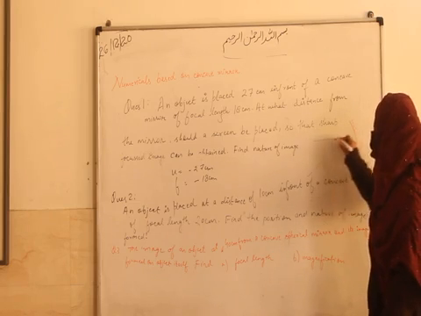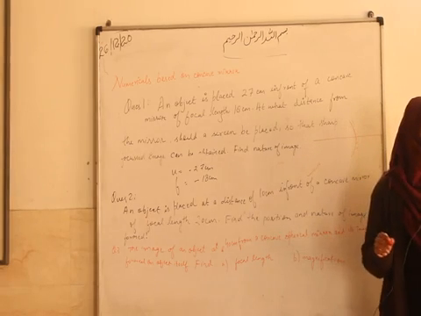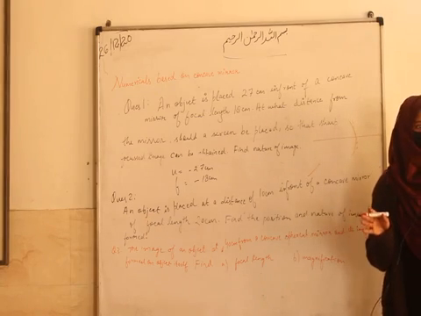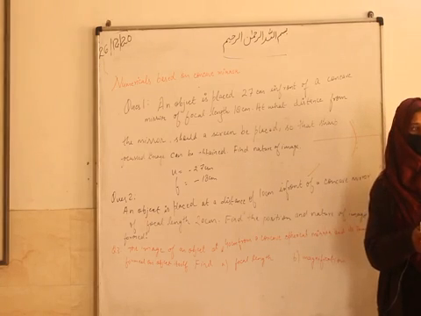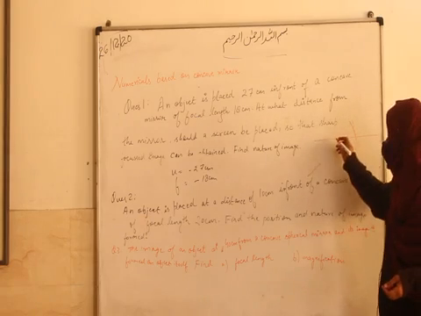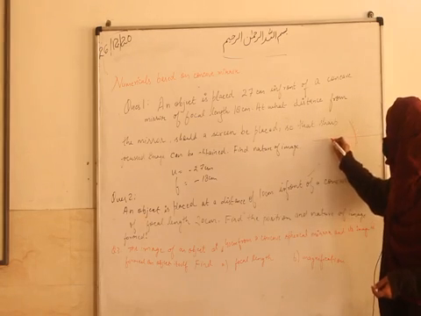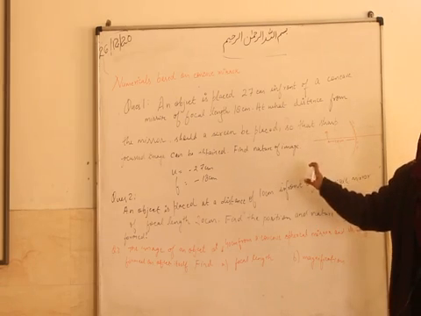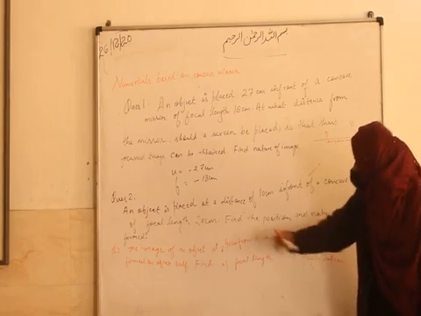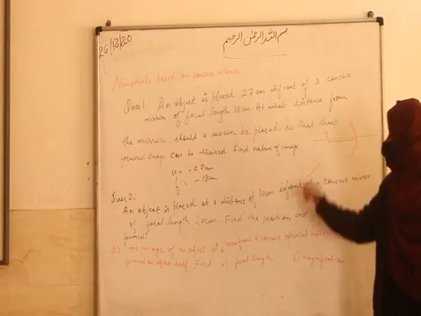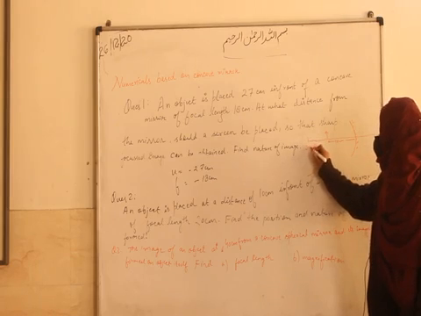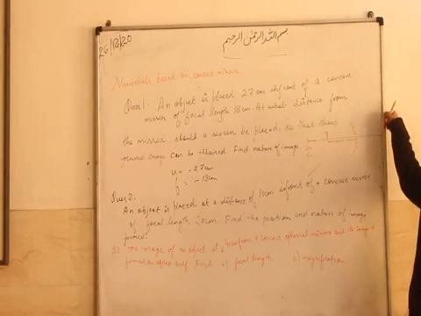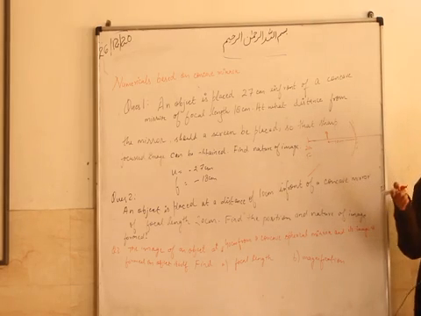Yes, I was saying about this also, that if you know the position of the image and the position of the object, you can easily find out whether your sign will be negative or positive. Like if you have a confusion whether the sign will become positive or negative, look at the distances. Suppose your object is at 10 centimeter. We don't know where it is kept, beyond C, beyond M, whatever. Now focal length is 20 centimeter. So obviously focal length is here, 20 centimeter. So this is the gap between focal length and pole. That's why the image will form behind the mirror, and the reason is that your V will come positive.